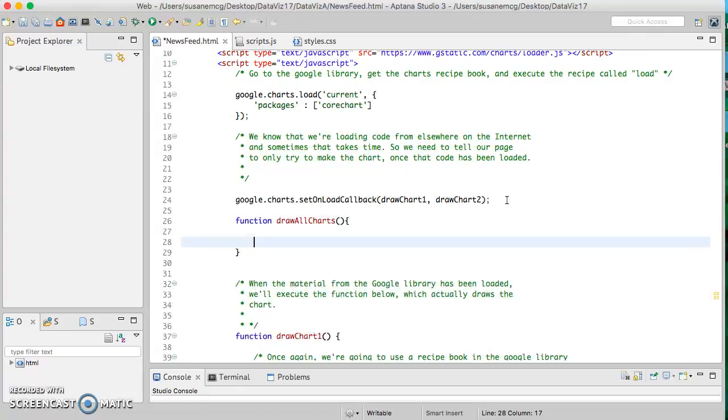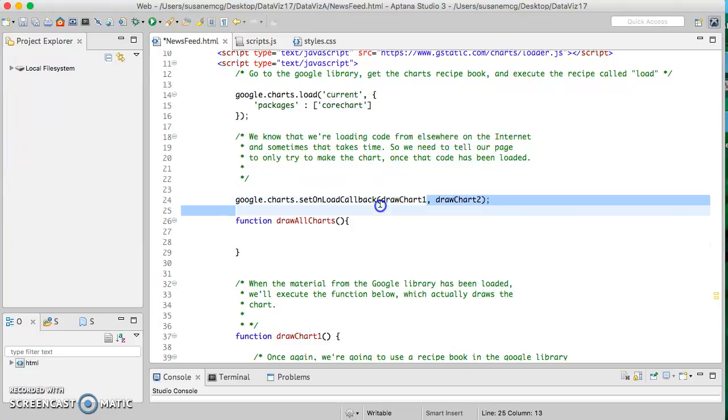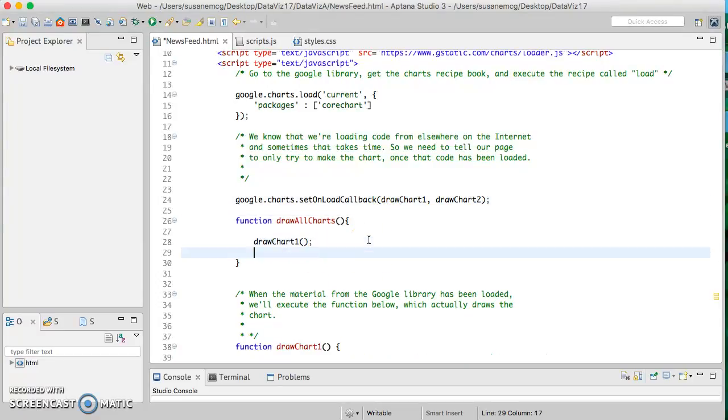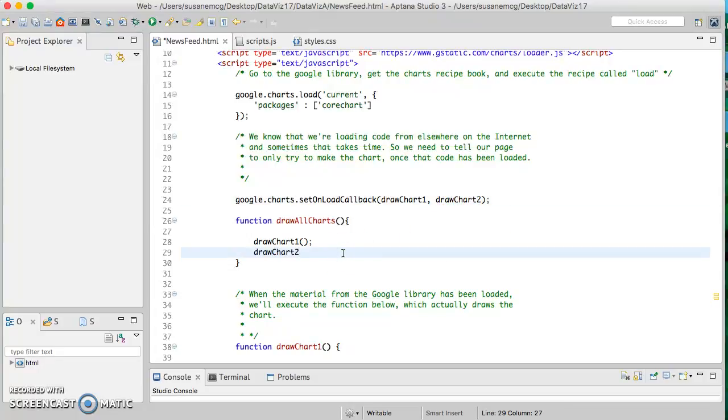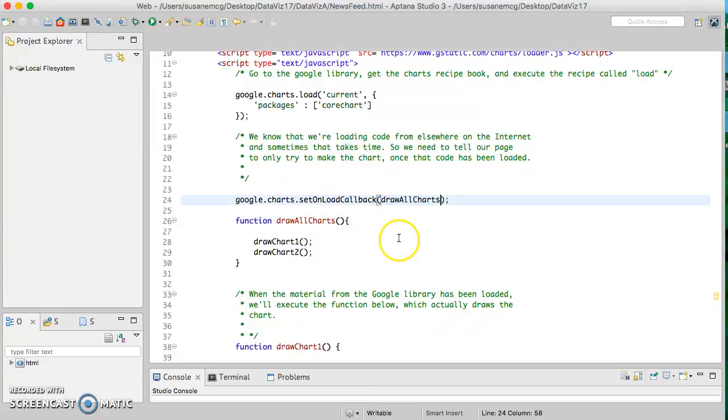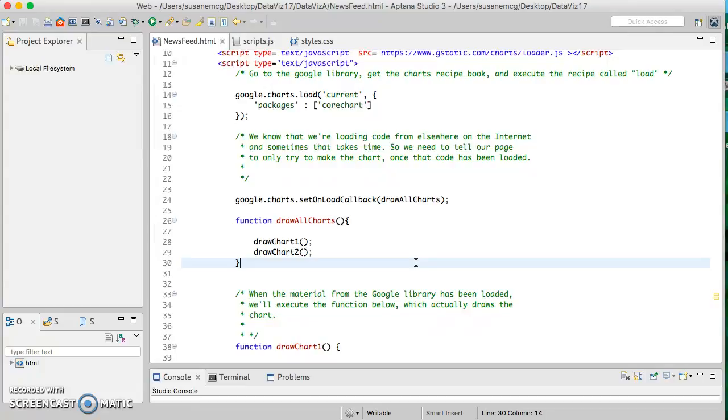And that function will very simply be where we say, okay, first I want you to draw chart 1, and then I want you to draw chart 2. Right? And so this function now calls our two new functions, and we'll make this the function that gets called when Google calls us back with the material that we need. Okay, so I would of course want to comment this function, but all it does is just call two other